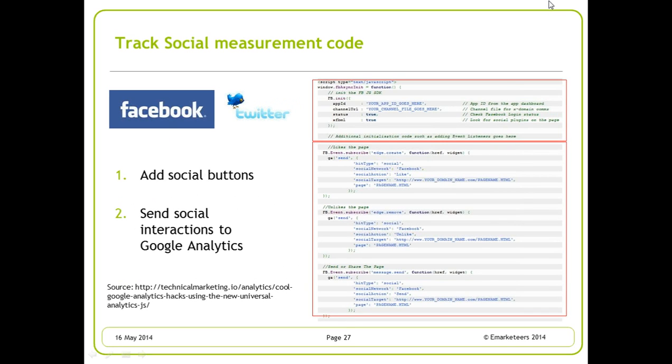When you implement that, it sort of looks like this. Basically what you need to do is implement a tracking social media share button. So the code piece here at the top actually enables the button, in this case a Facebook button, and then the code fragment here below actually collects data about the actions that are made via that button and sends them to Google Analytics.